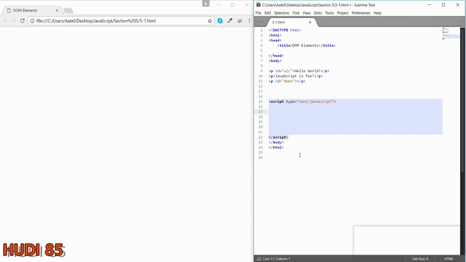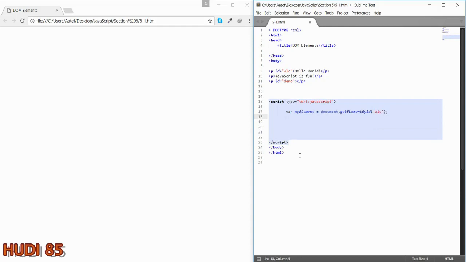In JavaScript code I create a variable my element equals document dot get element by ID welcome,